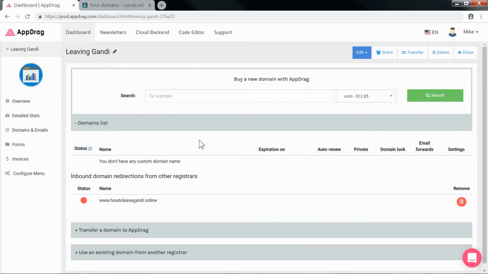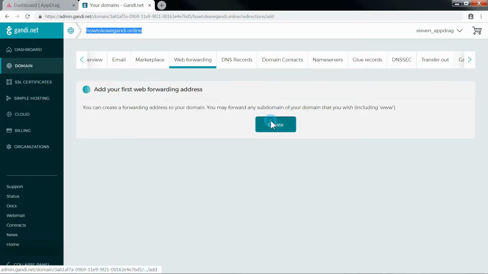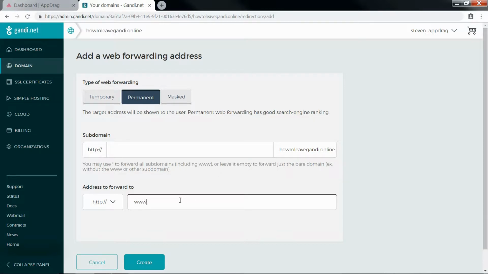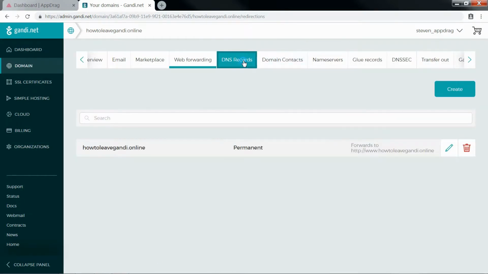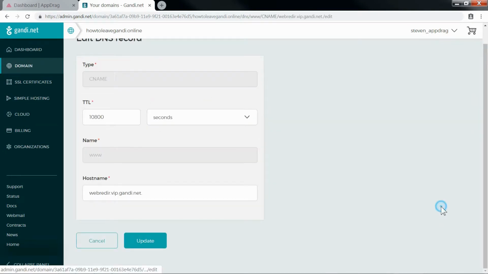Click Add, then go to the registrar's DNS configurations. In the forwarding or redirection option, forward the route to www, then the domain, and make sure it's set to permanent 301. Then further in the DNS settings, look out for the CNAME with the www name and replace the value for